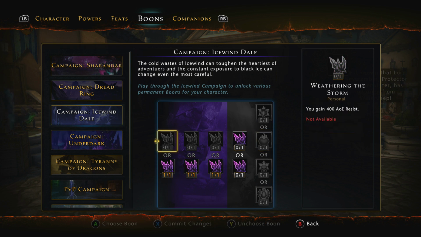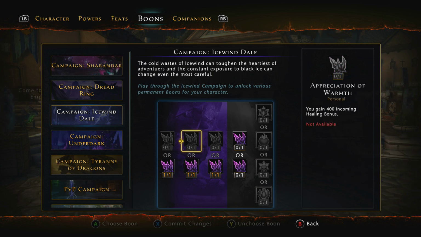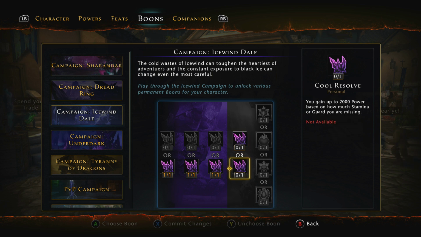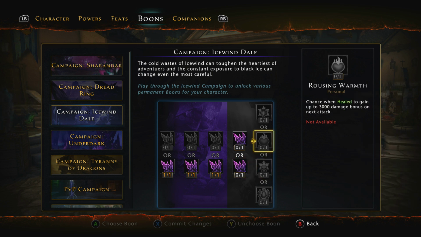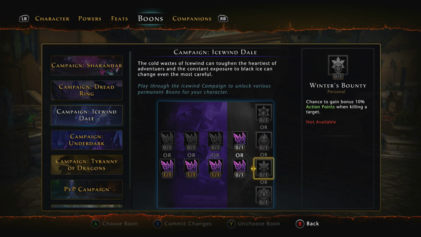So combat advantage over AoE resist, and stamina gain over incoming healing, crit severity over recovery, and then I'm going to pick, I think it was this bottom one. You gain 2,000 power based on how much stamina or guard you're missing. And then for the last one you want, which one was it? I think it was this bottom one. Yeah, action point gain when killing a target. So that's a really nice one to have to gain back 10% of your action points,